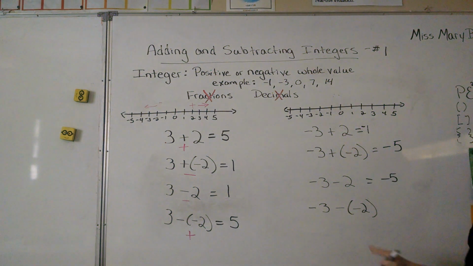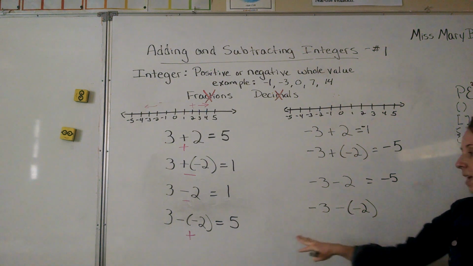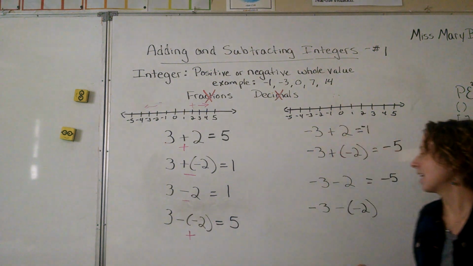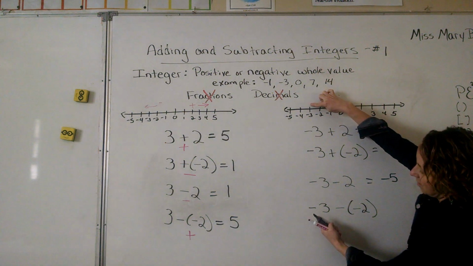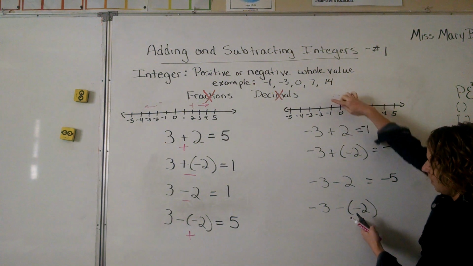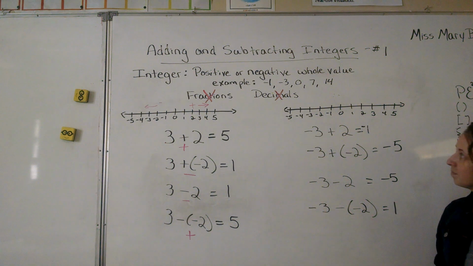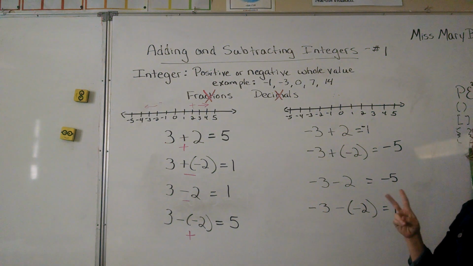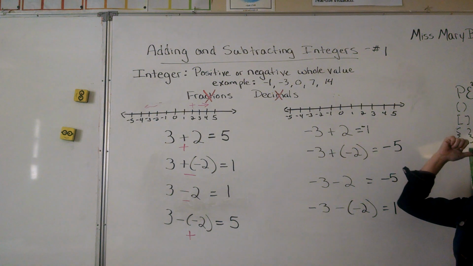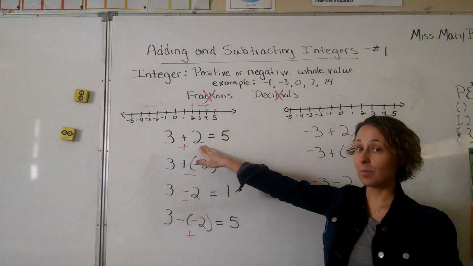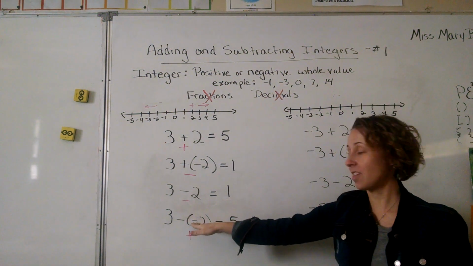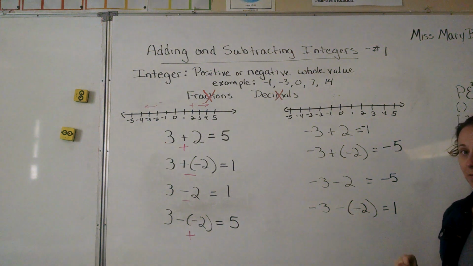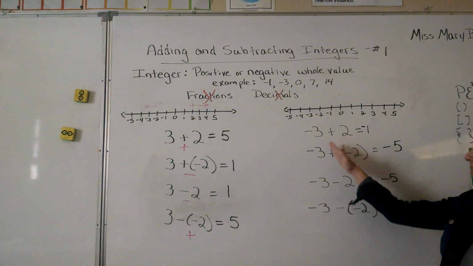All right, now our last one. We learned that minus a negative is the same as adding. So I'm negative 3, but to subtract negative 2, I'm going to move in a positive direction, like I'm adding. Negative 3 plus 2. 1, 2 takes me to negative 1. Notice there's only 2 cases where we're moving in a positive direction. That's when I'm just adding a regular positive number, like I am here, or when I have those 2 negative signs together, subtracting a negative. Anywhere else, if I'm subtracting